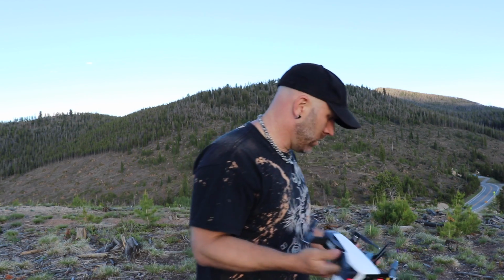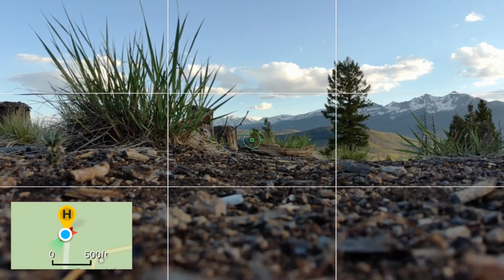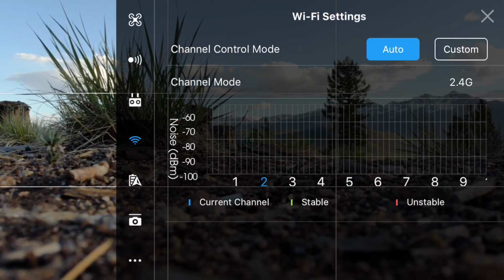There's too much dirt on the ground. I want to take off, it's scattered everywhere, and I didn't want to land in that. So to manually switch your mode, click the three little dots on the top right of the screen, go down to the Wi-Fi looking bars right in the middle, and then you're going to see